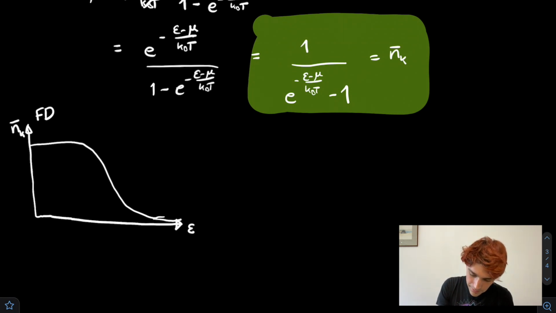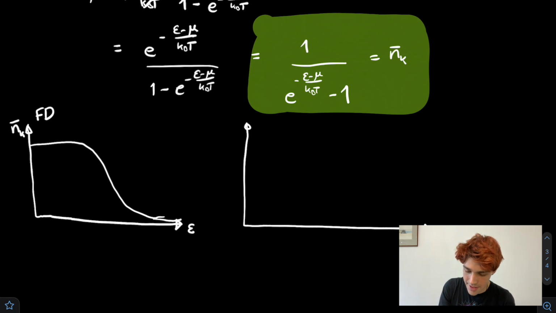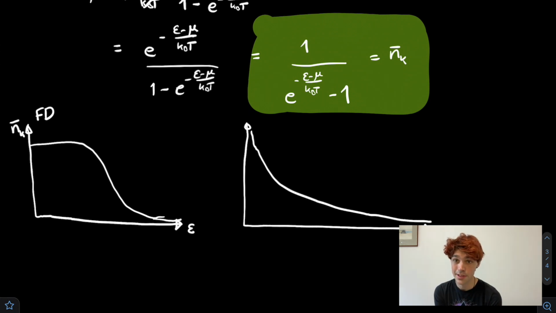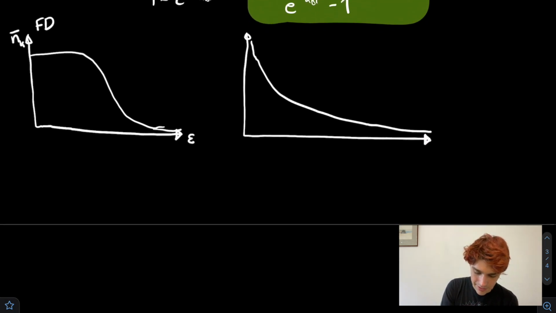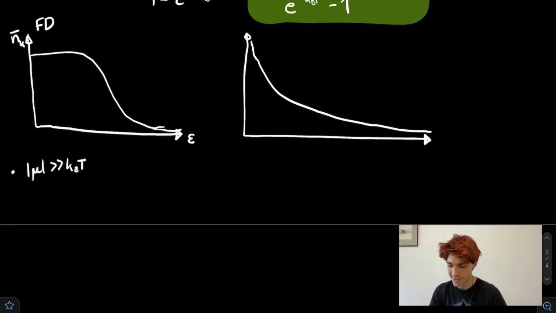The other one is the Bose-Einstein distribution. It looks very similar to the Maxwell-Boltzmann distribution, but it is slightly different. It will give you a slightly different value, particularly for low energies. So just showing this mathematically: in our dilute limit approximation, if the modulus of the chemical potential is much, much greater than the thermal energy, which of course was the case for a classical gas, then what do we get?